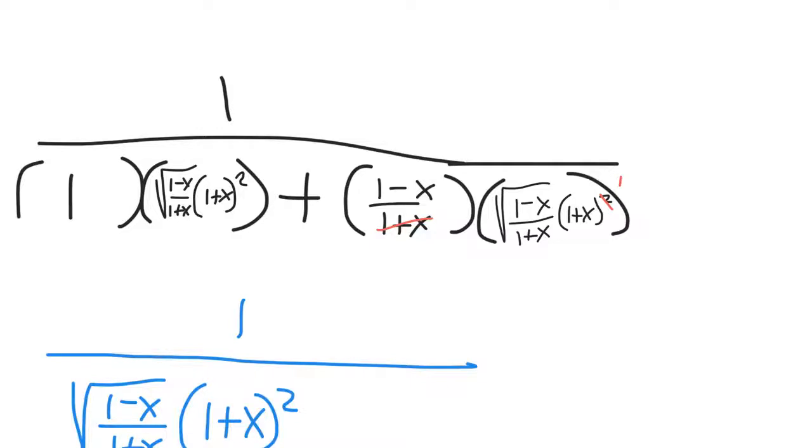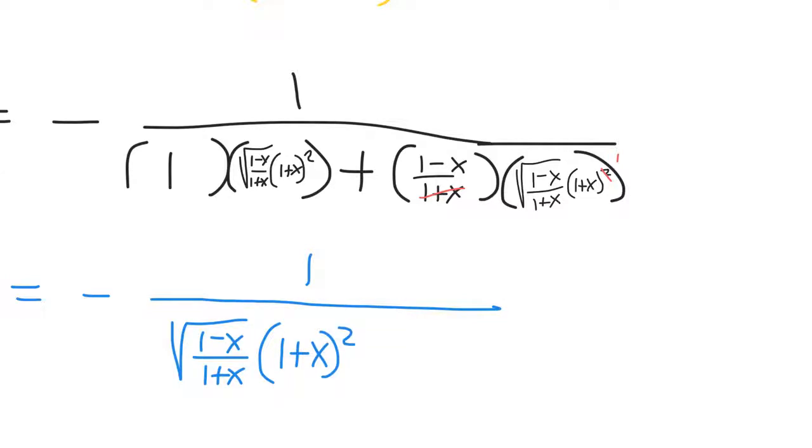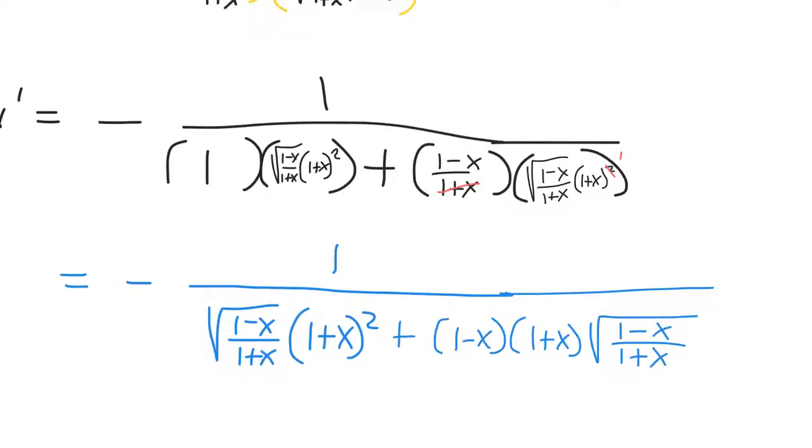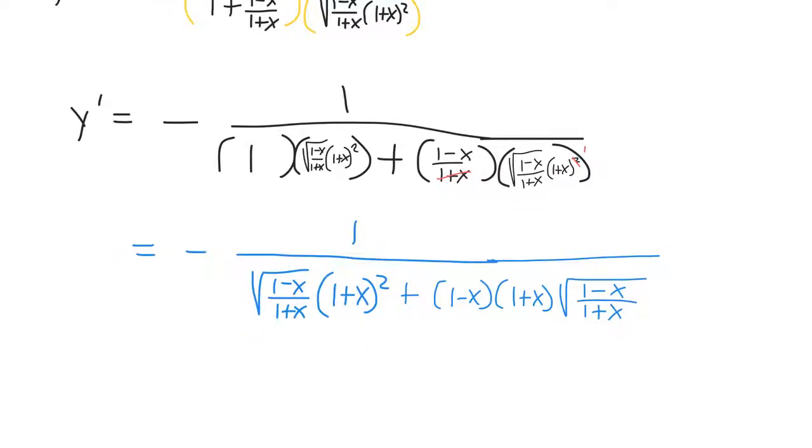I'll let my student think about that. She could always pause the video if she has to. So then we end up with plus really 1 minus x. I think it'd be nicer to call it 1 plus x, put that next door, and then we'll end it with this thing. Extend that. So that is one of the ugliest answers I've ever seen